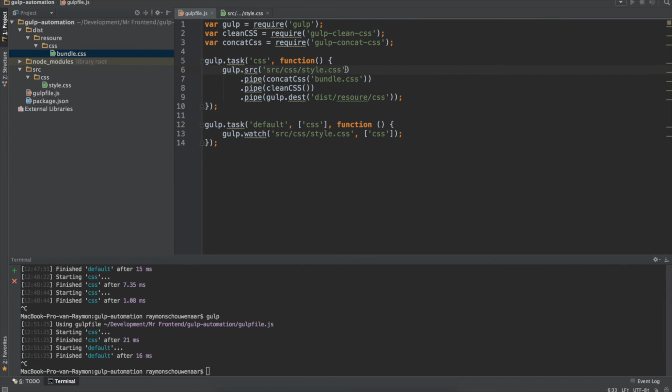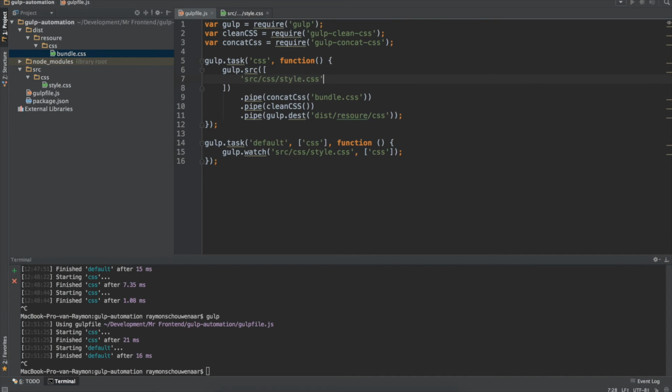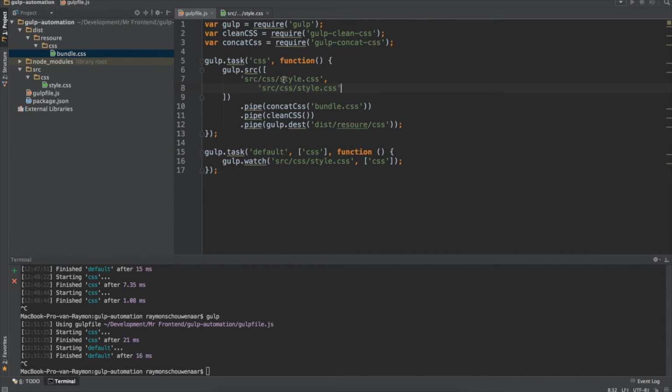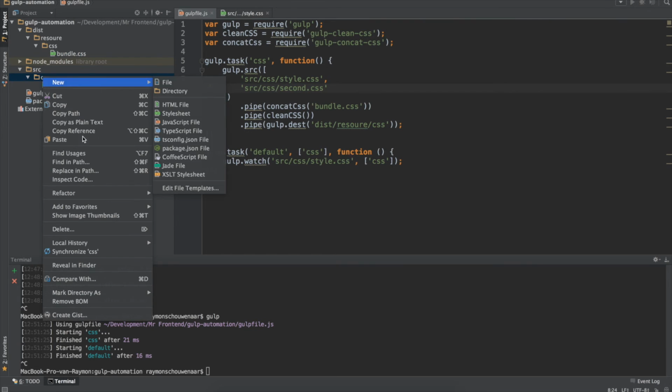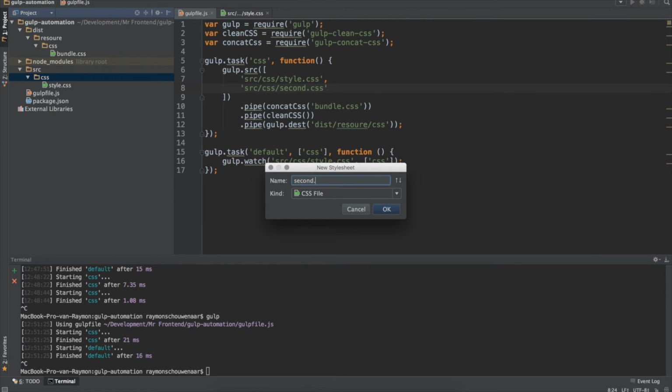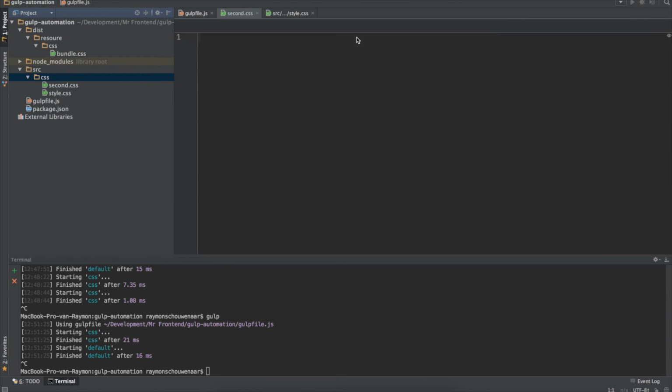But we need to add a new CSS file to it. So in the source we're gonna create an array. An array is just a couple of strings or objects, but we're not gonna dive into that. It's just defining multiple CSS files. Let's name that second.css and create in our source folder a style sheet called second.css,